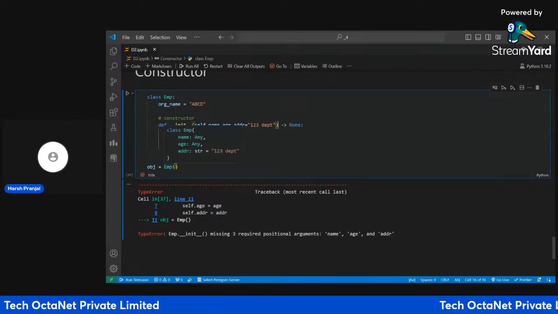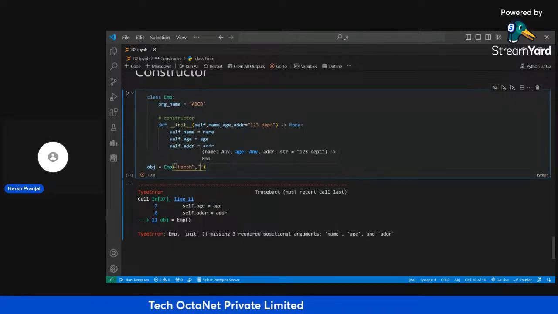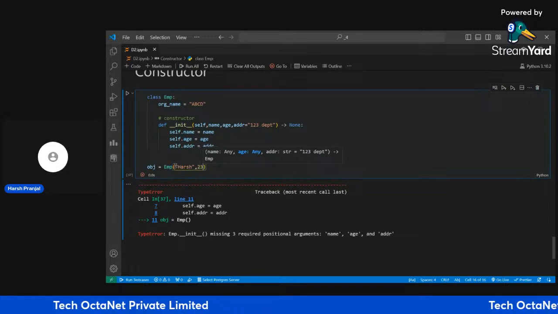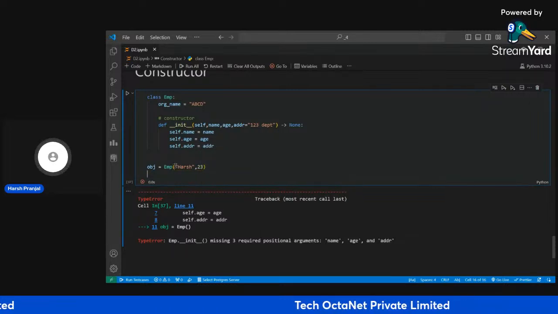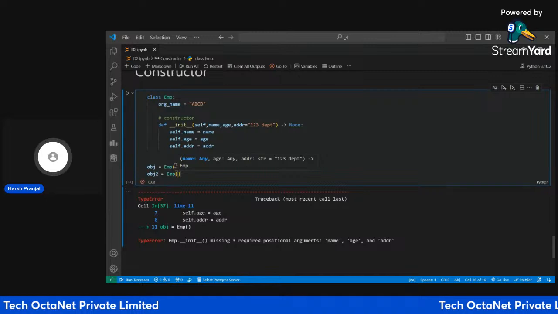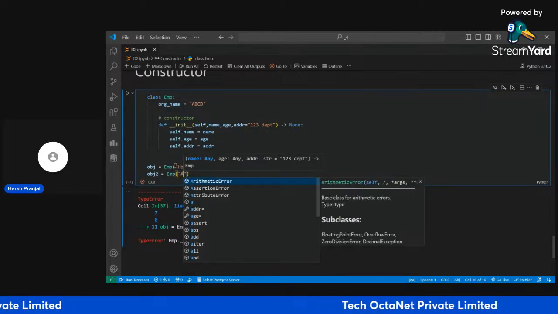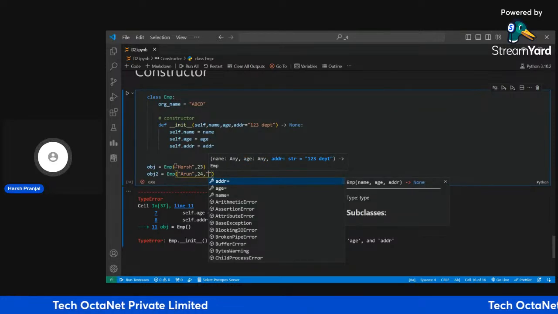Okay, so let's provide the name. Name would be, and the age will be, let's take, and the address. For this object, let's leave the address. In this case, let's take the keys and pass the address as,